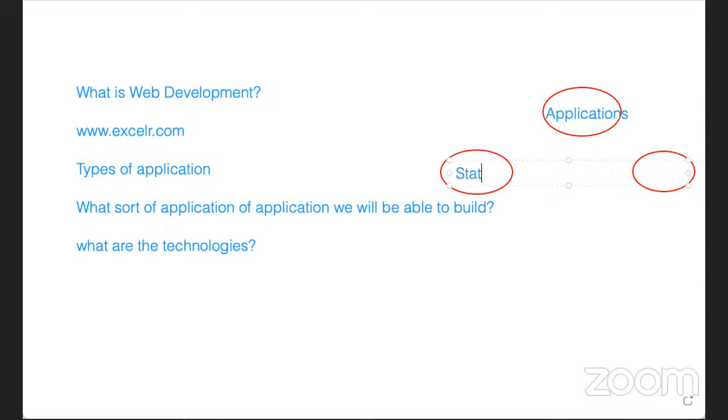So, static and dynamic. For example, if the content within an application or a page is not changing over a period of time, or if there is no interaction between a client and server, that content is called static content. And if the content is loading on a request basis, based upon user interaction,